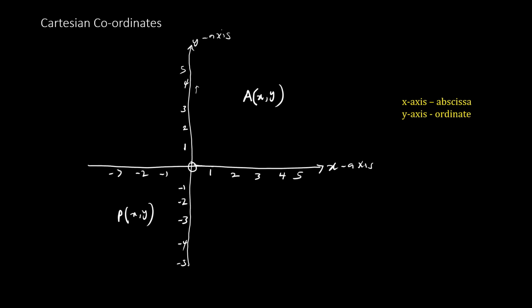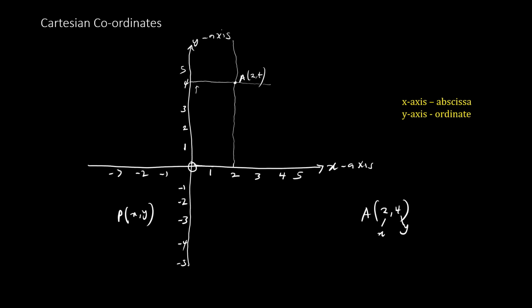For example, if you have a point P here, this is going to be x and y. So let's try to put real numbers here. We can have a point A on the Cartesian plane with the point 2, 4. So to locate the point 2, 4 on the Cartesian plane, we look for 2, which is from the abscissa, which is x-axis. This is x-axis and this is y-axis. So on x-axis, point A is on 2. So point A is on this line, but we don't know where it is on y-axis. So on y-axis, we have here that it is on 4. So if we trace 4 also, we now have our position of point A to be here,